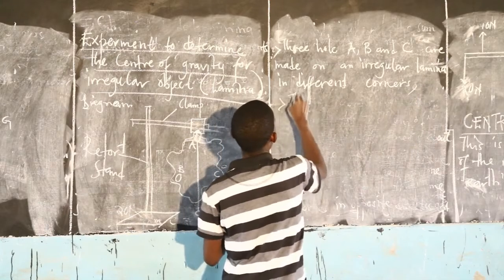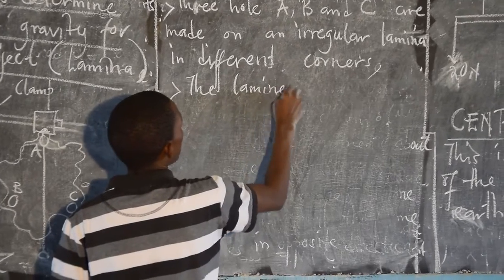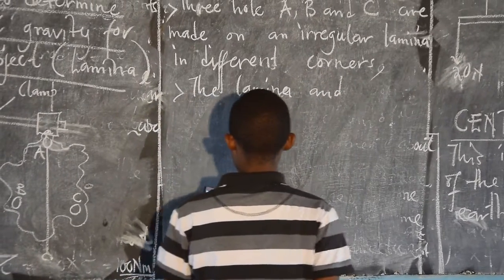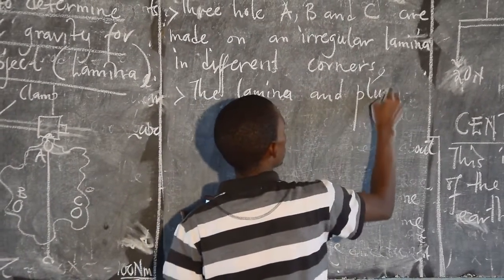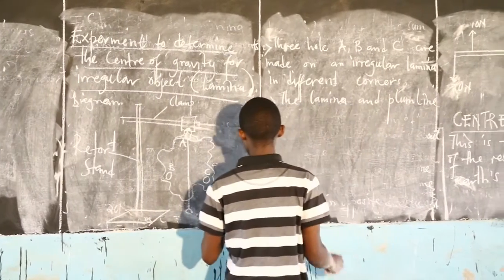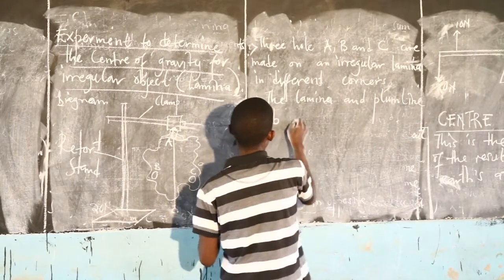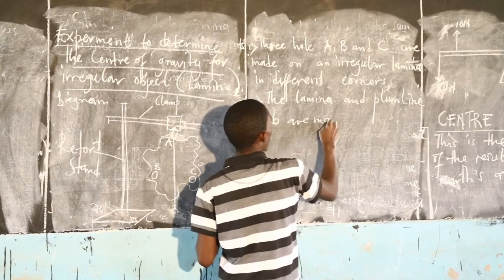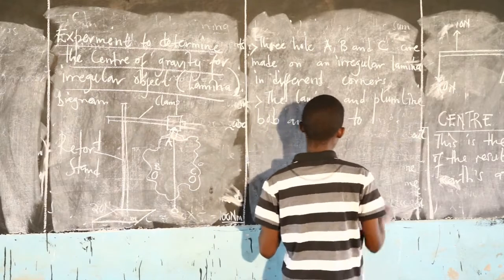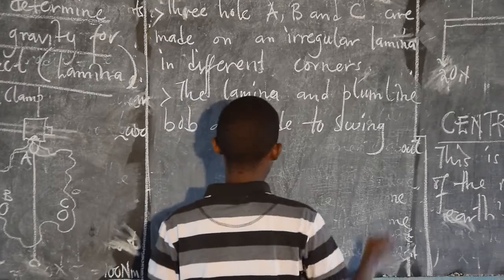The lamina and pendulum bob are made to swing